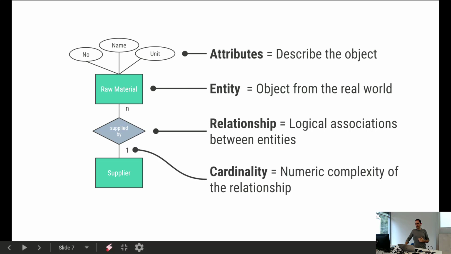And then we have the last thing, which is not a notation element itself, but it's additional information that we can put in, and we should put in. It's crucial and important. It's the so-called cardinality. And you already gave a precise explanation of what it does. So we can specify for a relationship how many of entity A are in a relationship with how many of entity B. So this example here says, if we read from here, we say one supplier